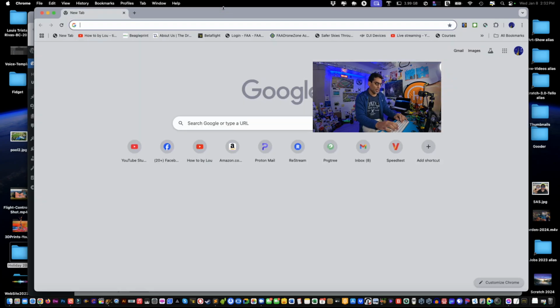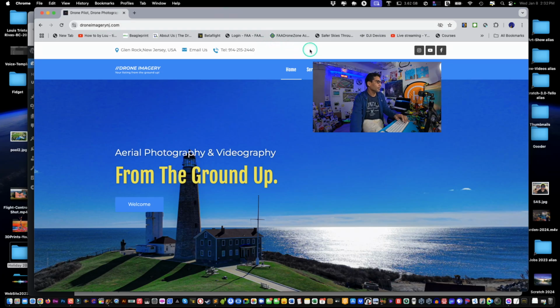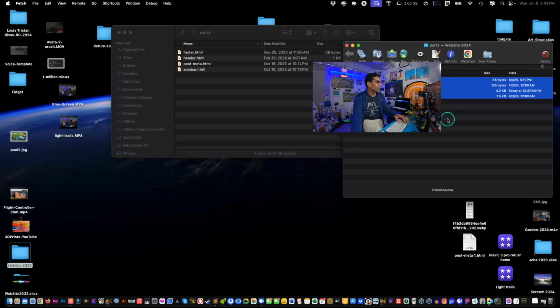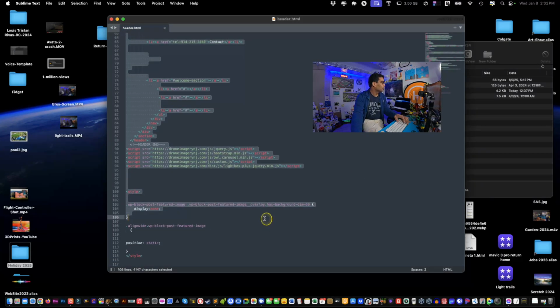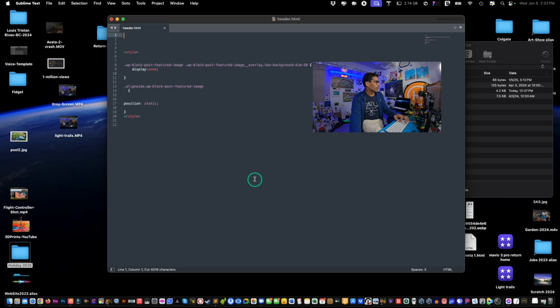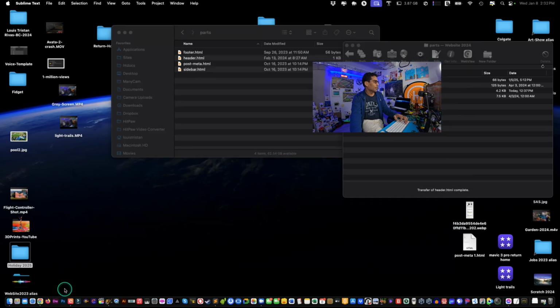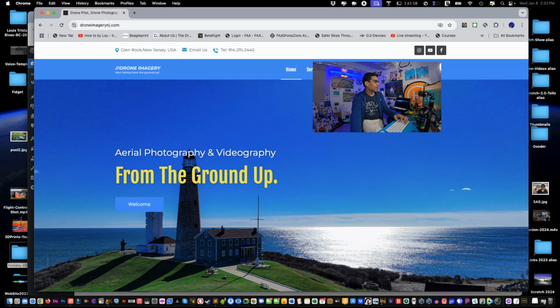So go to new page, go to here, actually let's do it from here, from fetch, and then we'll go to header, edit, and then we'll go here from the header, and there should be the end of header, style block. All right, so we'll cut that out, and then leave that like that. That should save and make things a little bit glitchy, and then save it, and then go here. And now if I go to blog post,